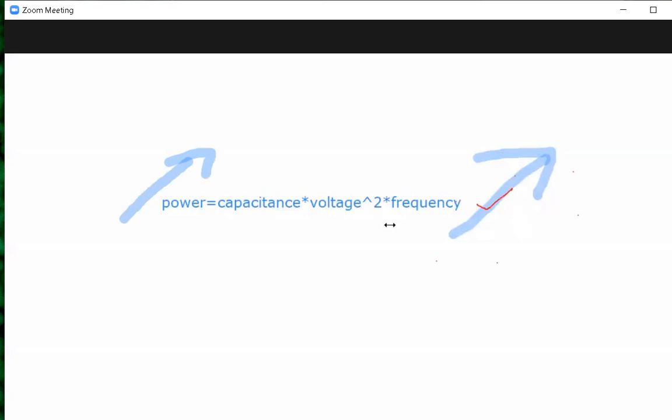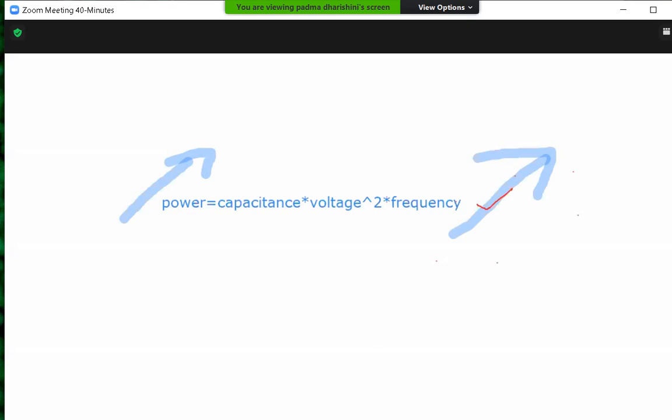Okay, so now what they thought is, what happens if we reduce the frequency? They started reducing the frequency. So that means if frequency is reduced, power consumption will reduce. But the problem is, if the frequency is reducing, our performance will also go down. Okay, more frequency gets more performance. Our performance and frequency are directly related.